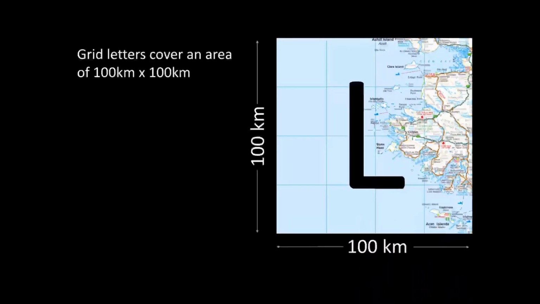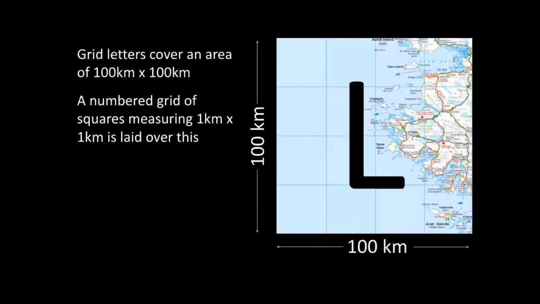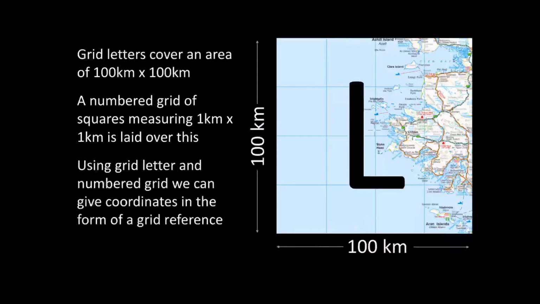I've zoomed in here on grid letter L. Each of the letters covers the same area, 100 kilometres by 100 kilometres. Over the top is layered a numbered grid. Each of the squares in it measures a kilometre by a kilometre. So using our grid letter plus this numbered grid, we're able to give coordinates in the form of a grid